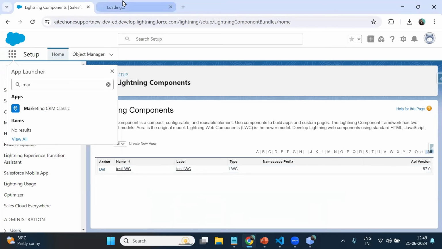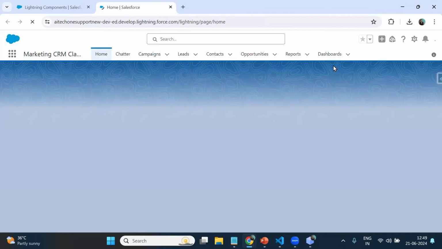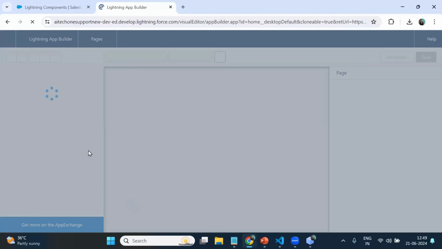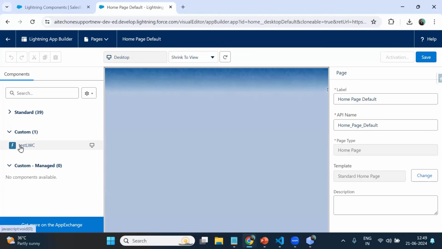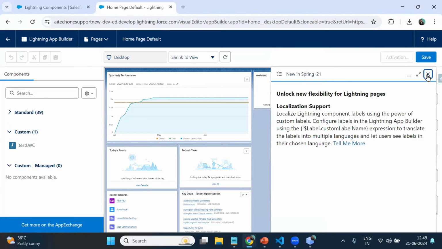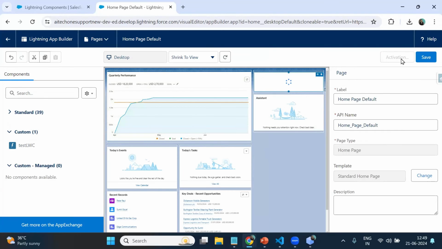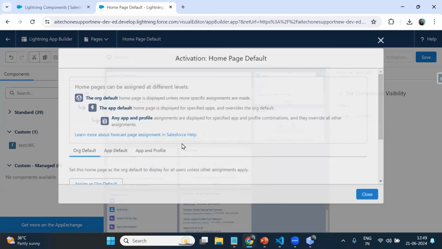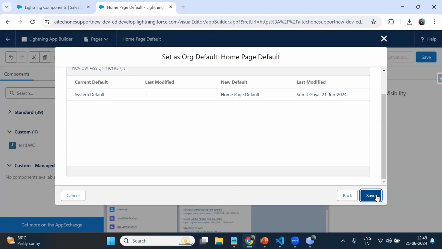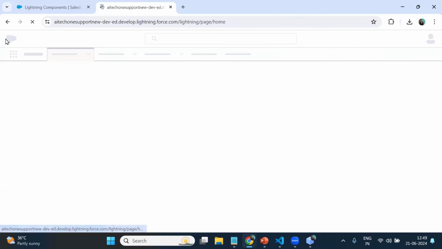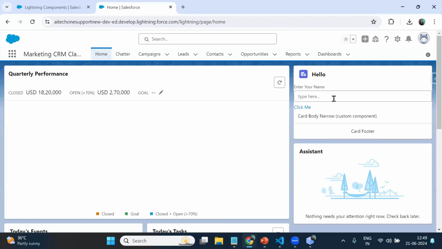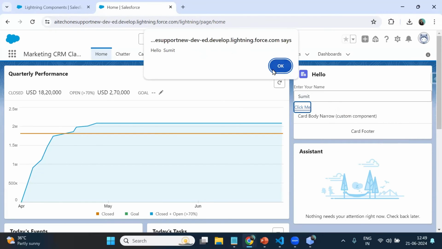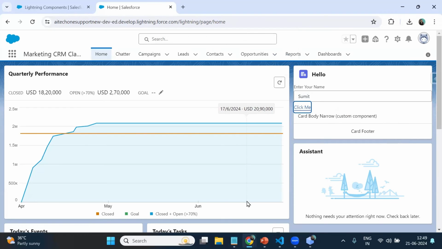So I can deploy this lightning component on my home page because we have already set the targets. So edit page, and let's deploy the component. And the component is test LWC component. I'll simply drag and drop the component here and save this, activate, assign as org default, save, back. And now when I type here my name Sumit and click here, I can see hello Sumit. So that's the way we can use